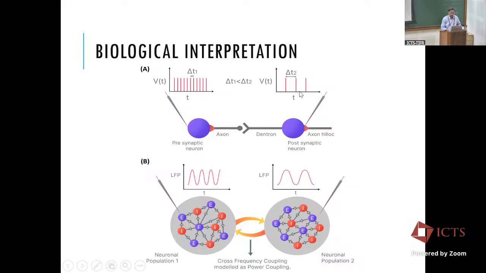Similarly, these are lower frequency neurons, again with the same construction, and they're coupled by a whole bundle of synapses. Then you can easily imagine that by playing with the synaptic time constants and thresholds, I can transform a high frequency signal to a low frequency signal. That's trivial, and it's happening instantaneously at the synapse, meaning at a very short time scale. So something like that is what our power coupling is representing.